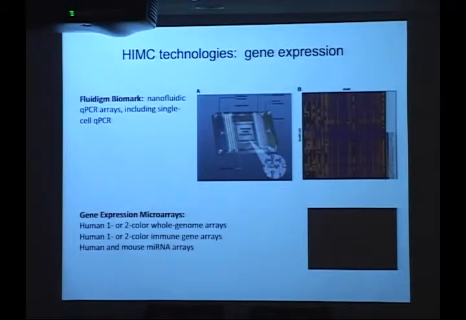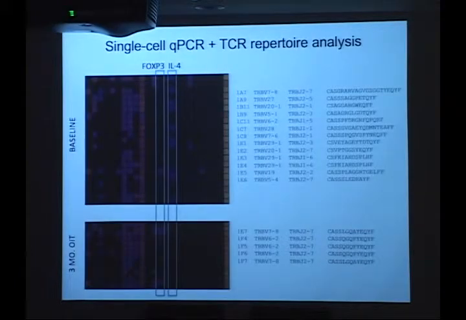And so we have several projects now which are looking at, for example, sorted tetramer positive T cells specific for particular pathogens or in allergy, and then looking at key genes that would phenotype those particular T cells and look at their heterogeneity or the commonalities between them. And this is an example of some such data that we're doing in collaboration with Kari Nadeau's group in food